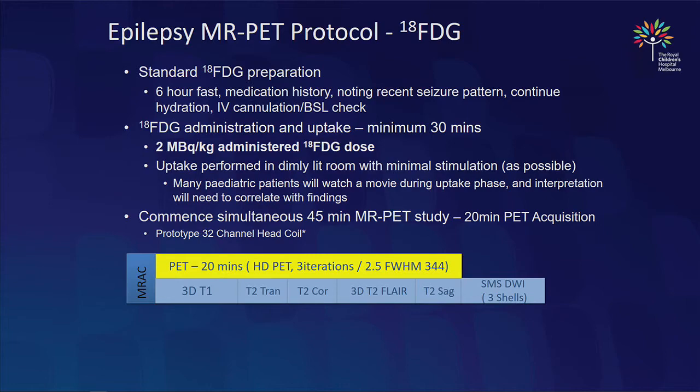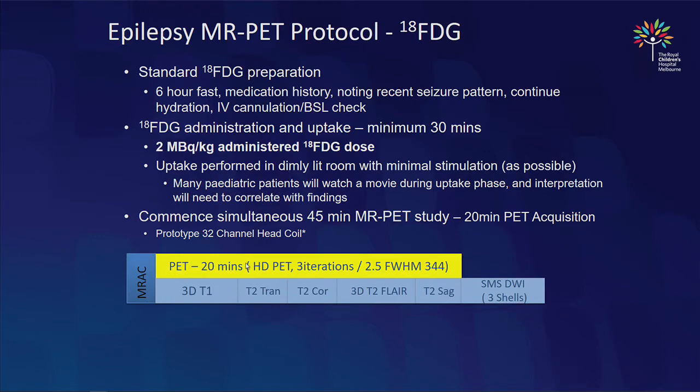We take medication history, noting recent seizure patterns and recent types, make sure they're hydrated, check their blood sugar. We administer their 2 megabecquerels per kilogram and make sure they have a minimum of 30 minutes of uptake, and try and control their environment in terms of stimulation, not to have them too active. However, we do let them watch television or have books or stories read to them, and then we have imaging,